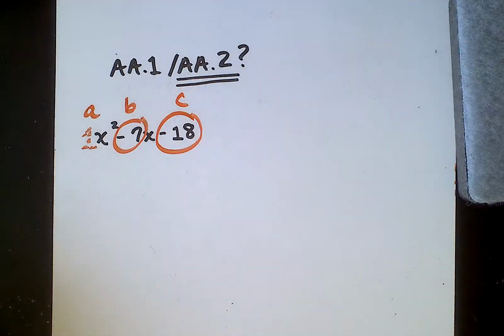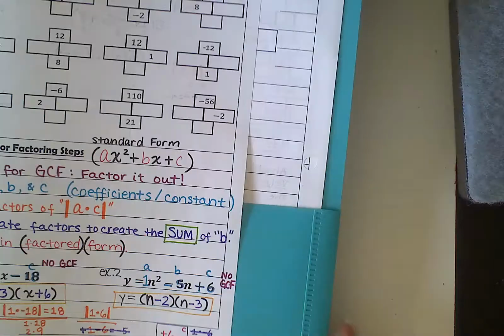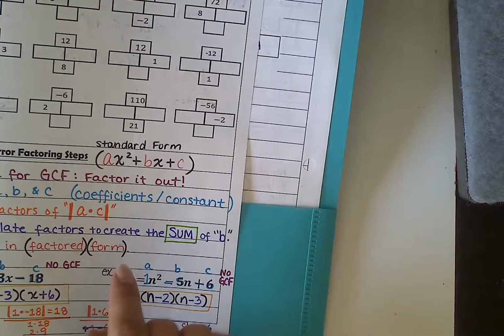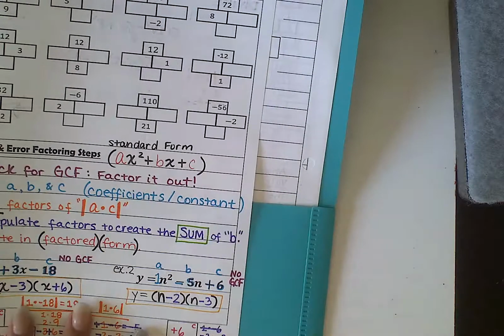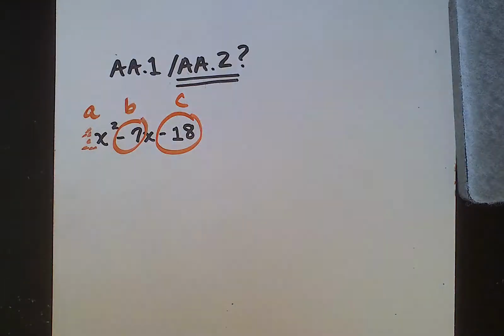Now, if you're looking at your notes, it would be pretty much the last ones that we have here. Oh no, I managed to leave the classroom and I didn't put in page 35. Probably because we were always working on it. Well, the cool thing is that I don't need page 35. I actually need page 34. Because my A value is 1, I can use trial and error, which means that I can use these little puzzle pattern boxes. So I'm going to draw that out real quick.